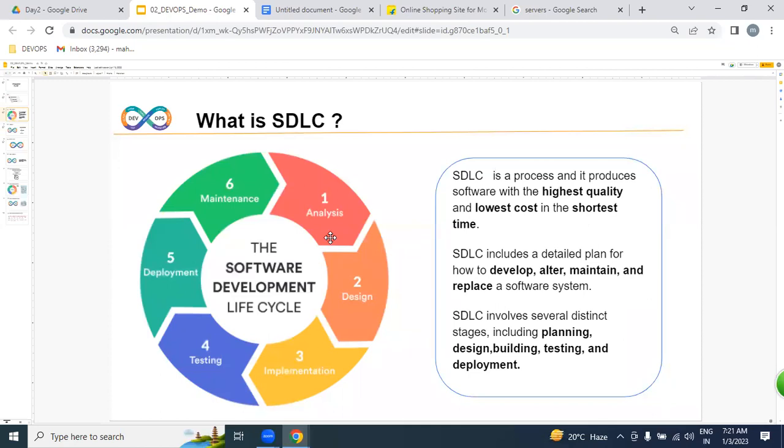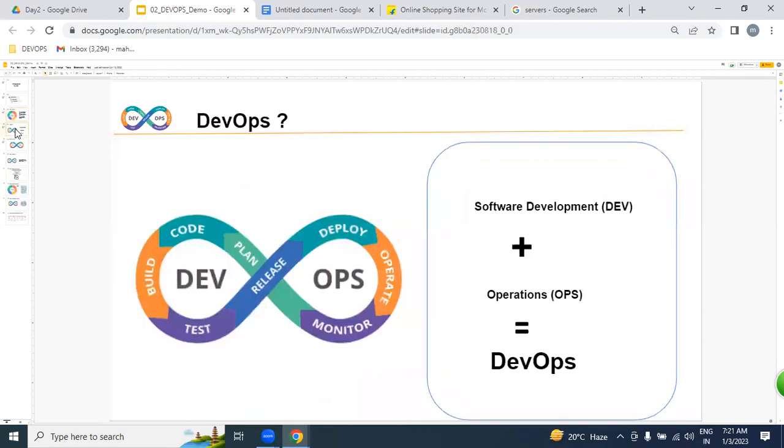Got it very clear. But SDLC is a manual process. We are going to be replacing it with an automated process, and that is nothing but DevOps. DEV is development, OPS is operation.